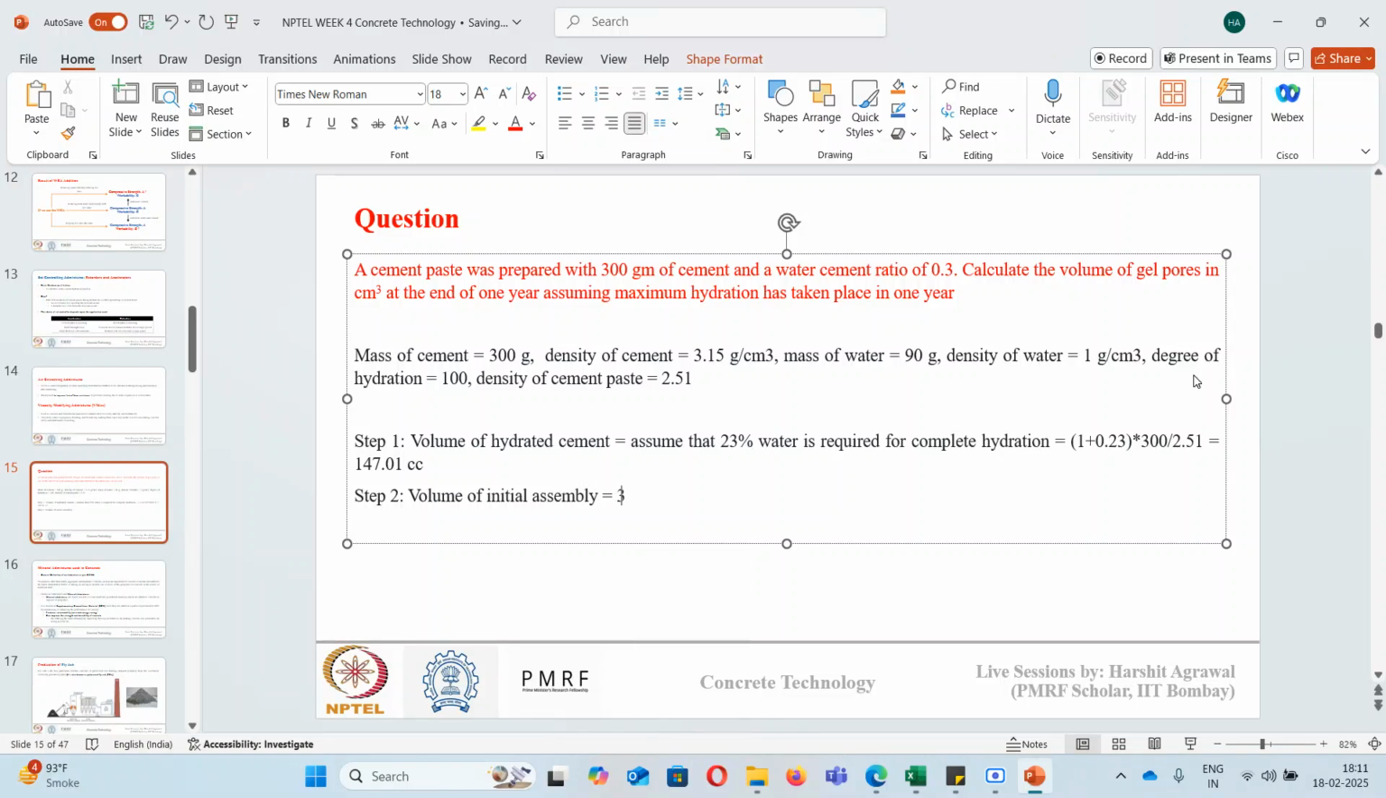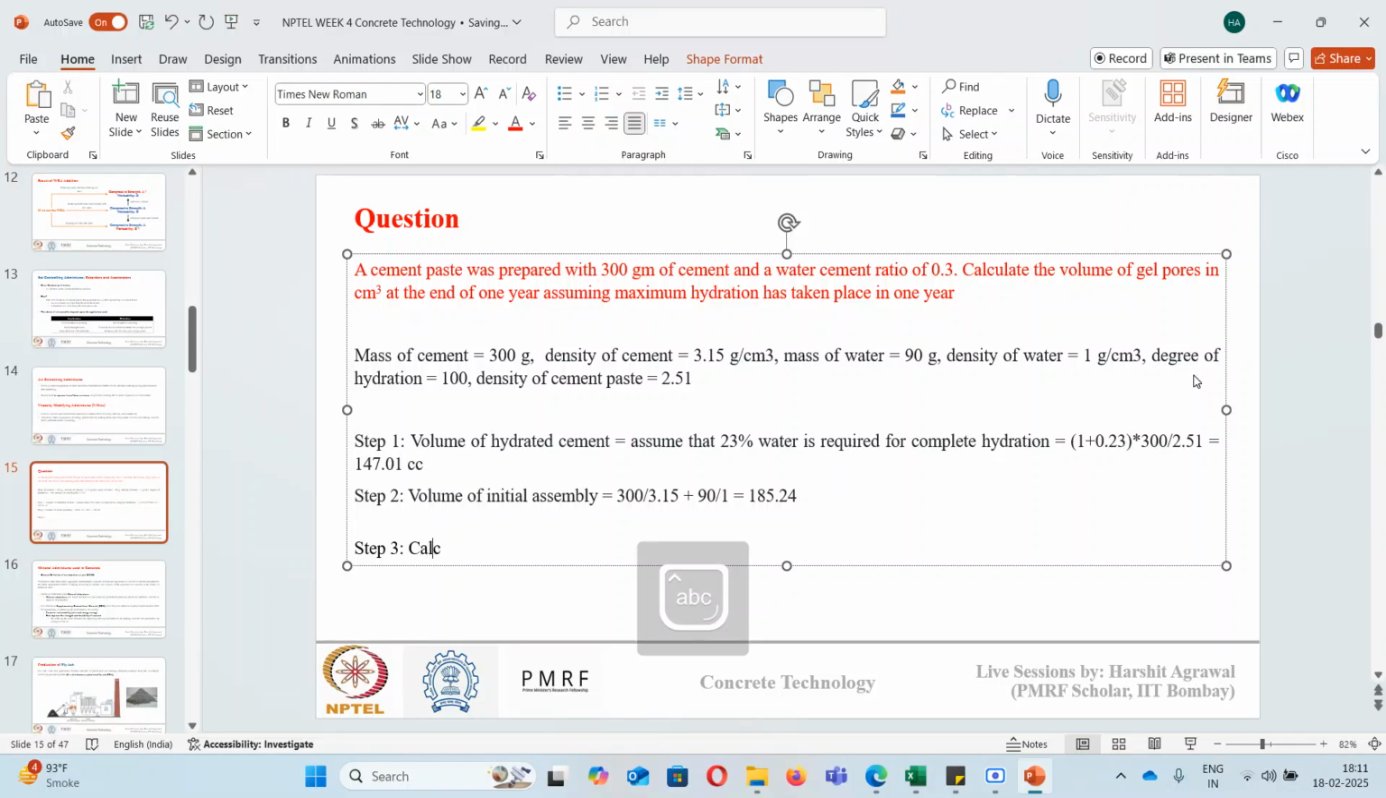So that will be nothing but 300 divided by 3.15 plus 90 divided by 1. Okay, so this is my unhydrated volume of my system. So that is 185.24. Okay, now step 3 will be the calculation of